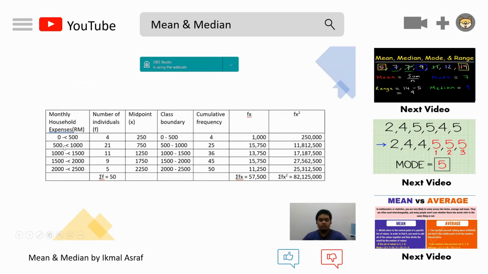So since the upper limit of the first data is equal to the lower limit of the second data, we will use type 1. In type 1, it will produce closed boundary like this and midpoint like this. Here is the total frequency, times midpoint, total frequency times midpoint power by 2.